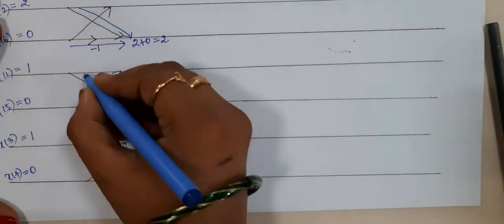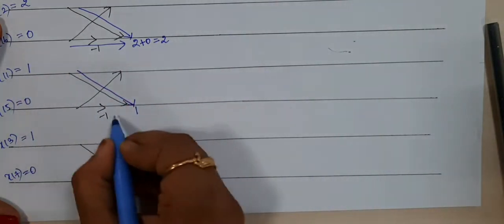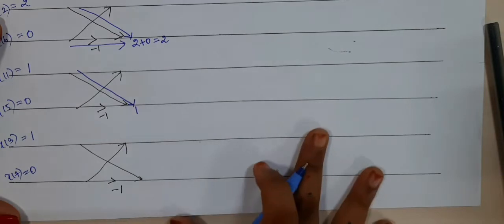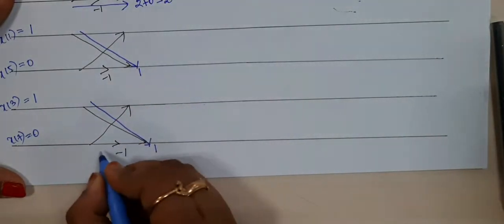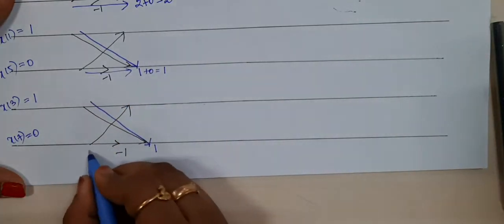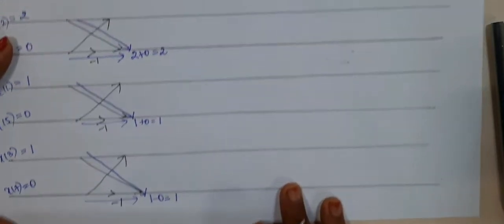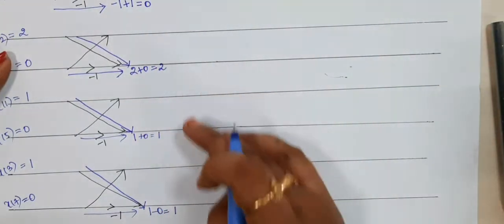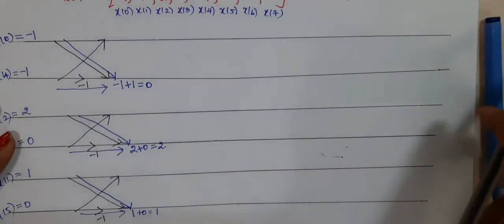Okay, so let us complete the down arrow first. The first value is 1 and the second value is 0, so the output will be 1 only. And then here the first value is 1 and the second value will be 0, equal to 1. So the values we got here are 0, 2, 1, 1. Okay, and then we can finish the up arrow.